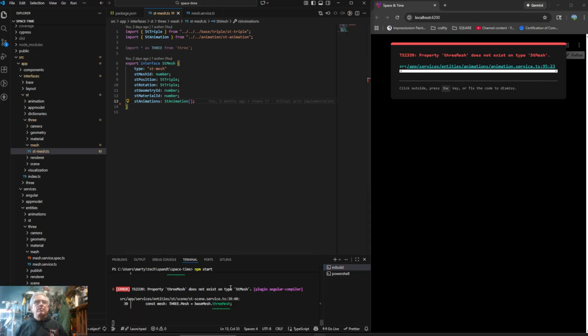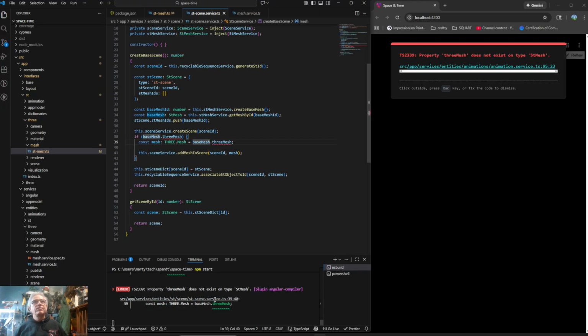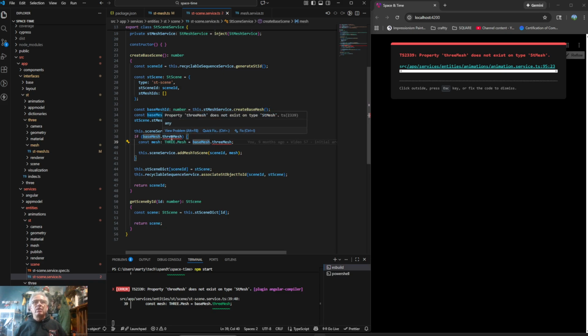Very, very possible. So right here, STC service. Get base mesh. That 3-mesh is no longer